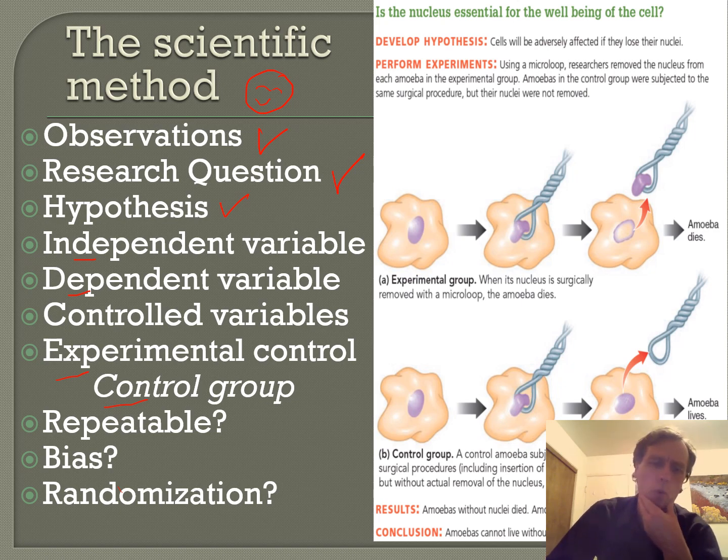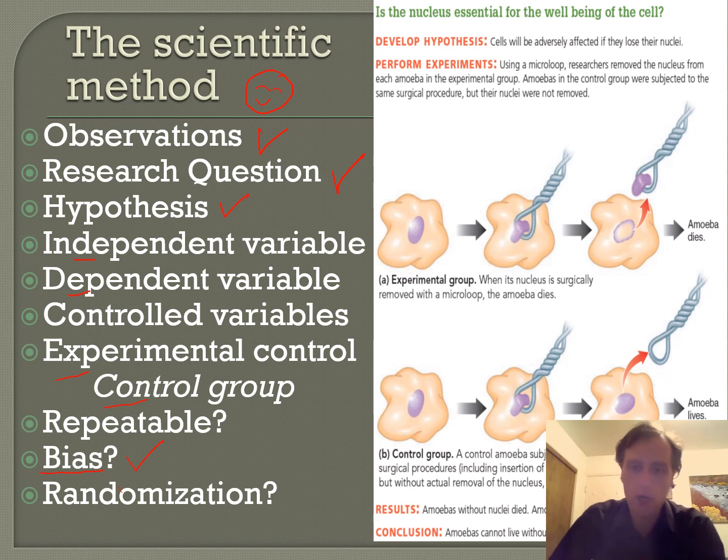Let me just give you one example of bias right now. Bias would be, for example, if a company such as ExxonMobil funded research looking at the burning of fossil fuels and its effects on the environment, then that would obviously be biased because ExxonMobil sells fossil fuels, and so they obviously have an interest in the answer to that research question. The research question being, does the burning of fossil fuels harm the environment? They want the answer to be no, so that would obviously be a problem. There would be bias there.